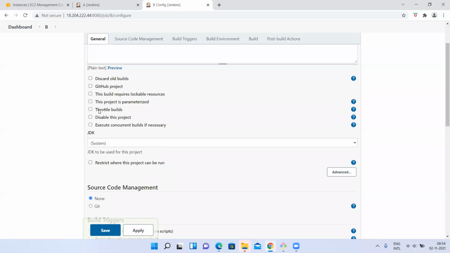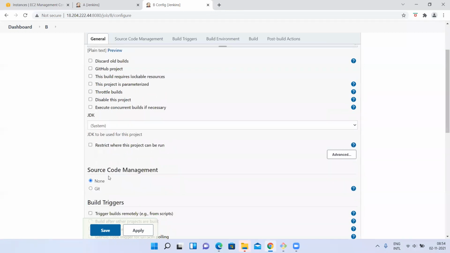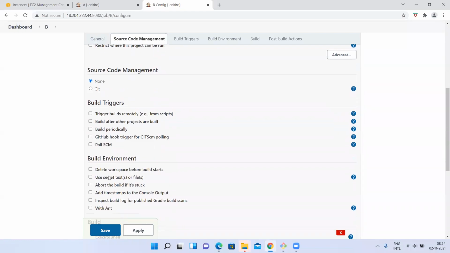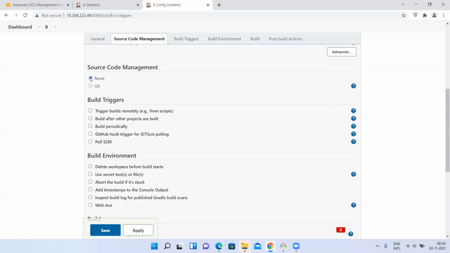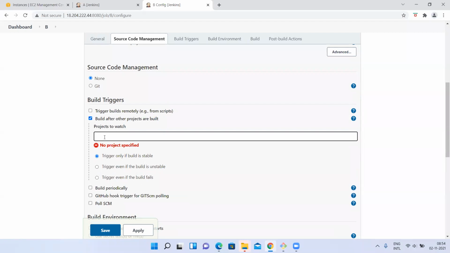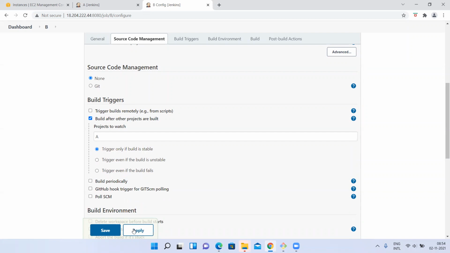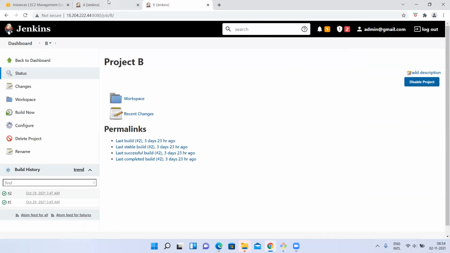Okay. Where is that option here? Here, build after projects are built. We haven't kept this, I think. Okay. Now let me save these changes. So now let me build A. So I'm going to A. I think we removed that option last time.